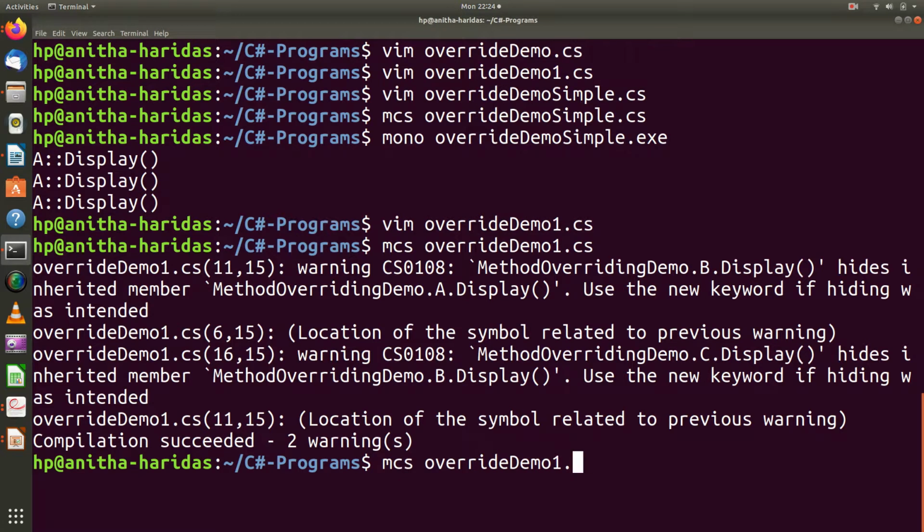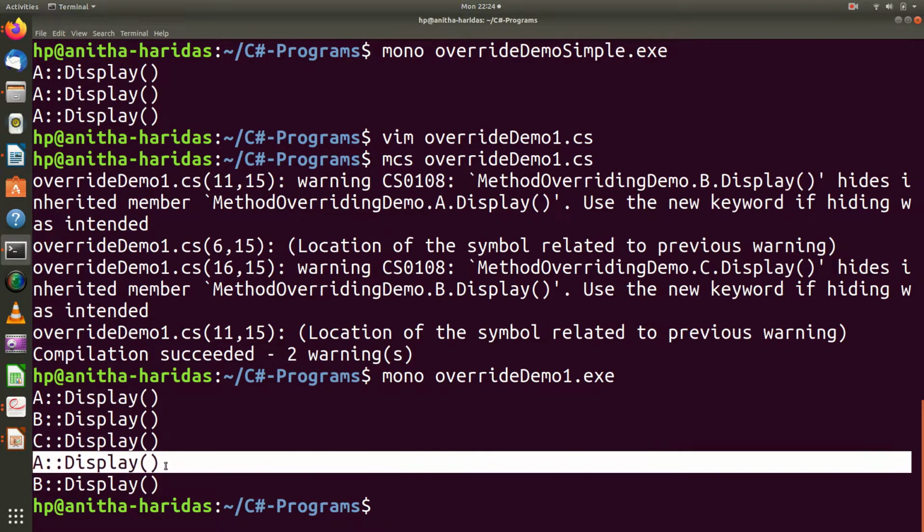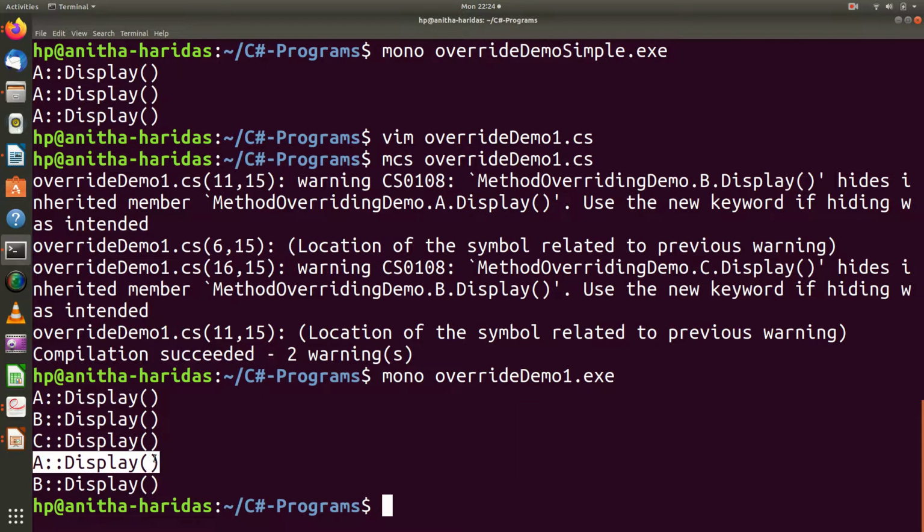So let me execute this program. You can see here A, B, C objects individually. When I invoke display method, it is displaying. But here I invoked object B display method using reference of class A. So it is not hiding it, it is using A's method itself.